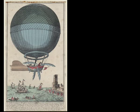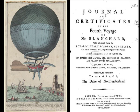were entirely, or not entirely, unrelated to his interests as an anatomist. In 1783, Sheldon was elected Professor of Anatomy at the Royal Academy, and the following year he embarked on a voyage with the French aeronaut Jean Blanchard for the first balloon flight in England. This is the title page of the chronicle of their journey, which was not entirely without incident, it has to